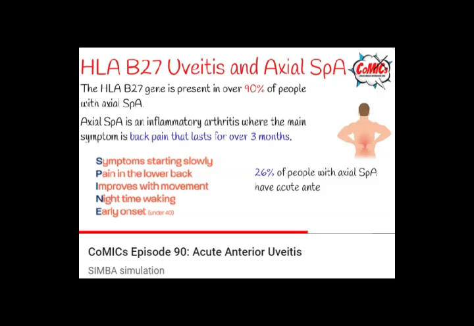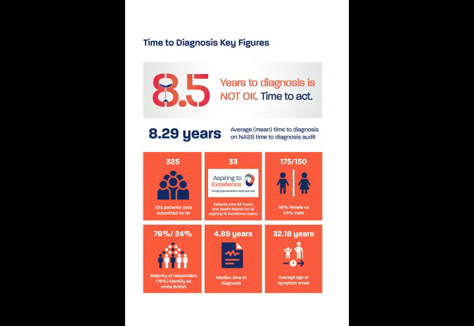I suppose just to go back to one of the first things I said, which is ask the questions. Don't forget that history taking is crucial in ophthalmology and medicine, and in so many of our patients, we get that diagnosis from the history. So do ask those questions, and do speak to your friendly neighbourhood rheumatologist if you have any concerns. A simple message, and hopefully it'll resonate with everyone, Lucy.